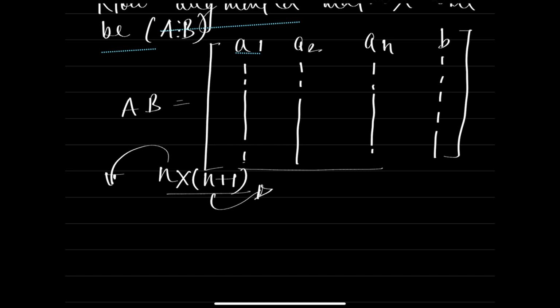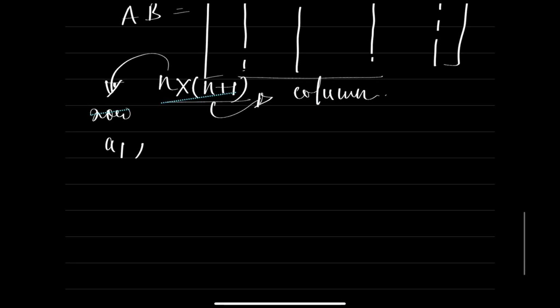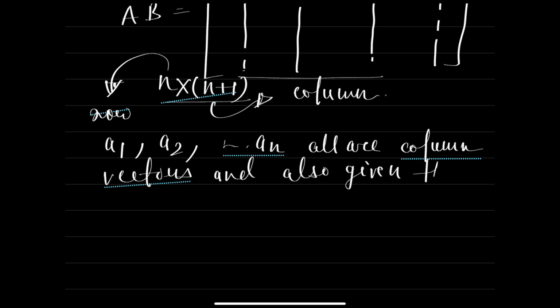This is the row count and this is the column count. Now a1, a2 up to an are all column vectors, and it is also given that